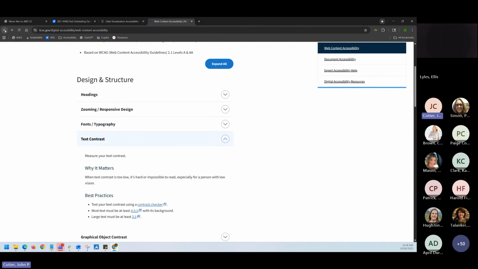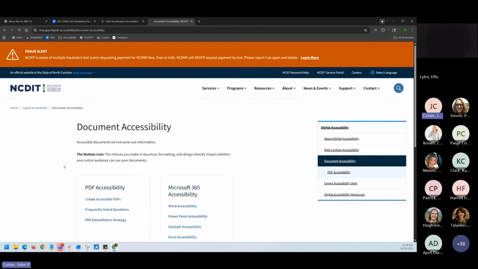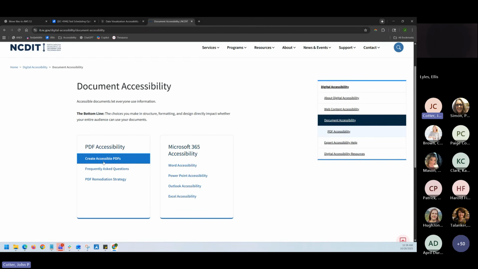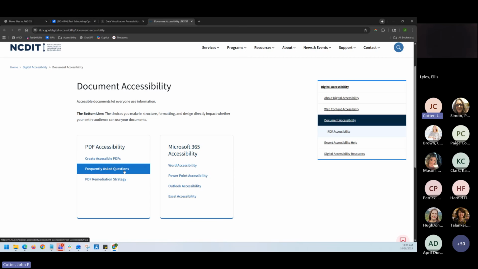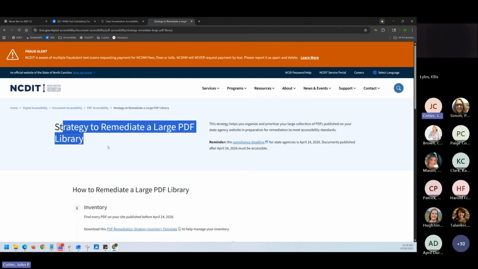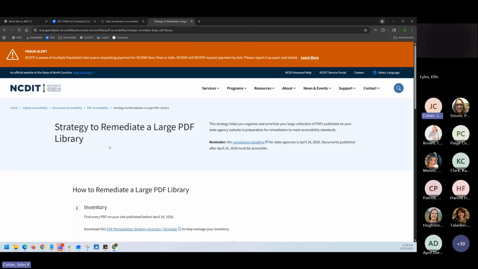and also the document side of things has some really good resources to help you create accessible PDFs, answer some frequently asked questions. And I'm quite proud of this page here, strategy to remediate a large PDF library.